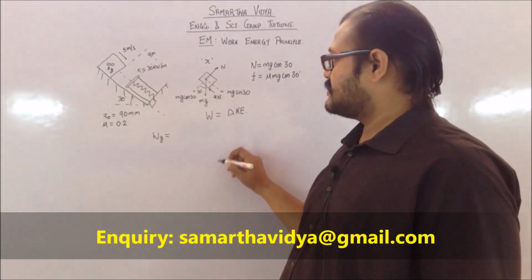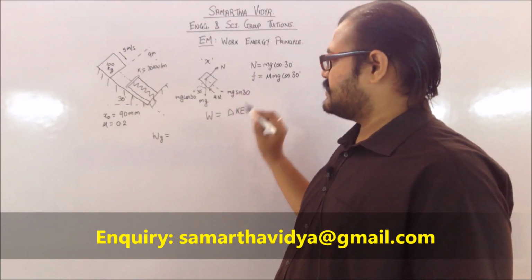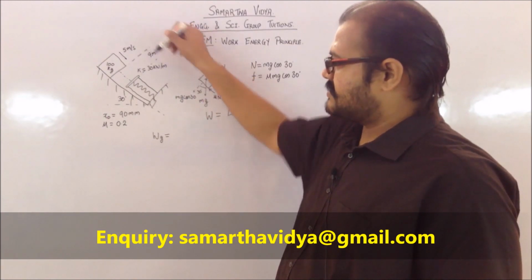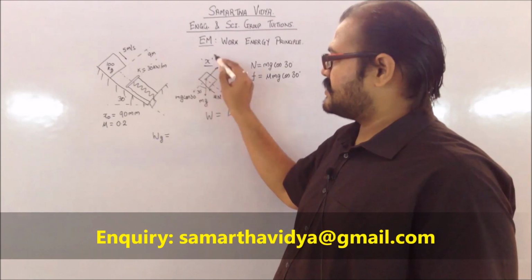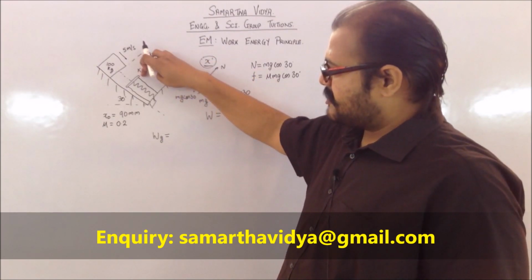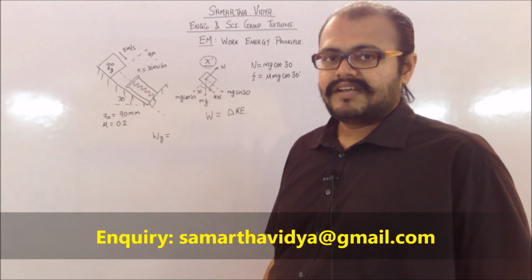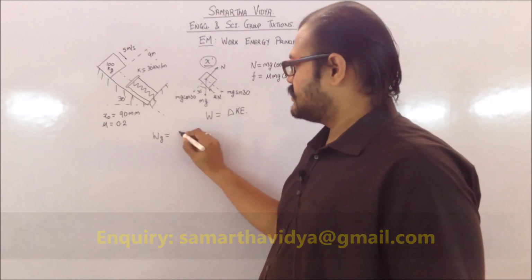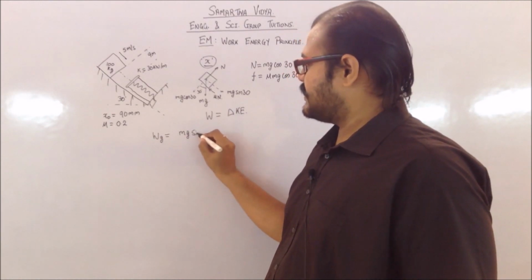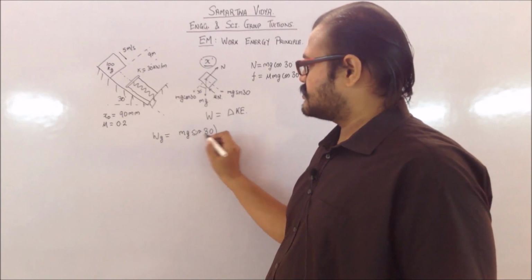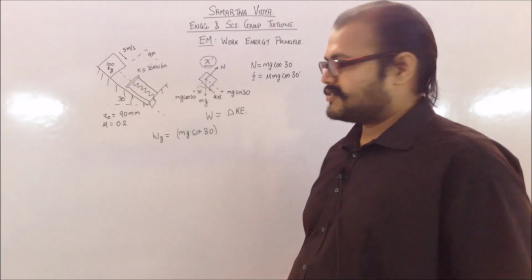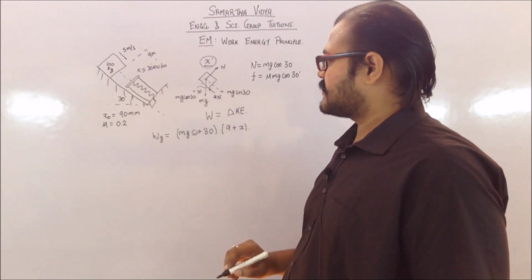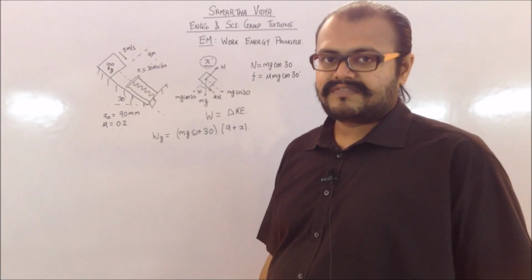So we know that gravitational pull in this case is going to be mg sin 30, and since it is going to be traveling the 9 meters plus this extra extension, because this is the part by which it is going to be shrinking the spring. So basically my Wg, that is the work done by gravity, is going to be equal to mg sin 30, which is basically the force, into the distance which it is going to be traveling. So that is going to be 9 plus x. So that is your work done because of gravity.